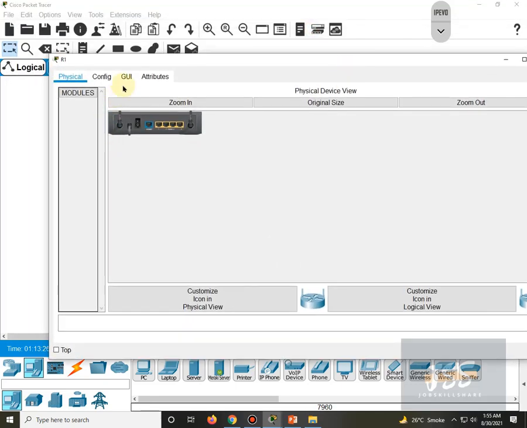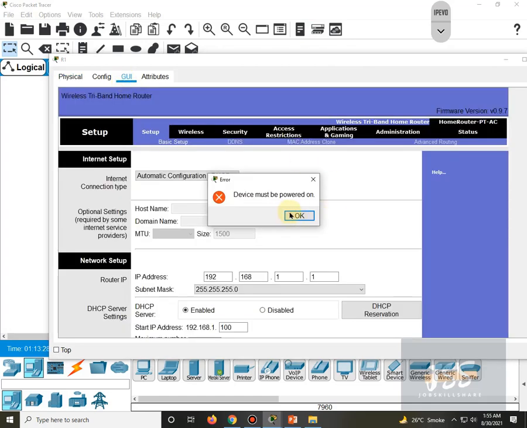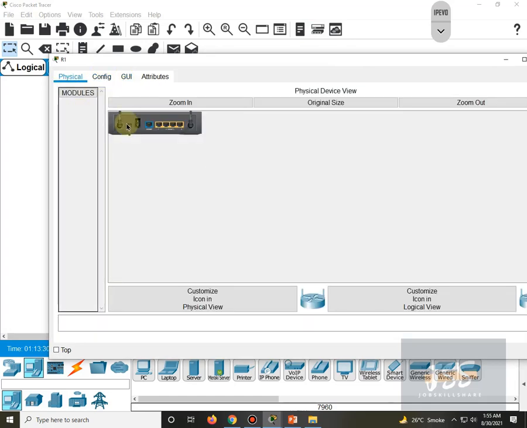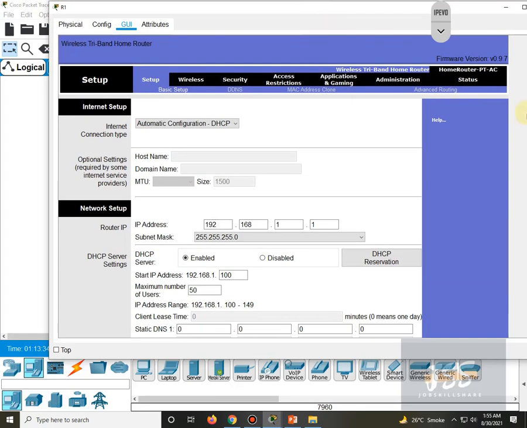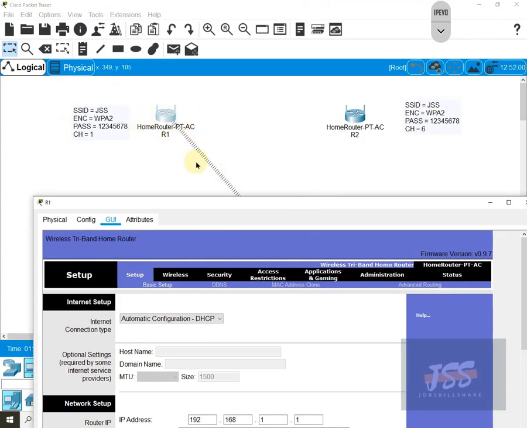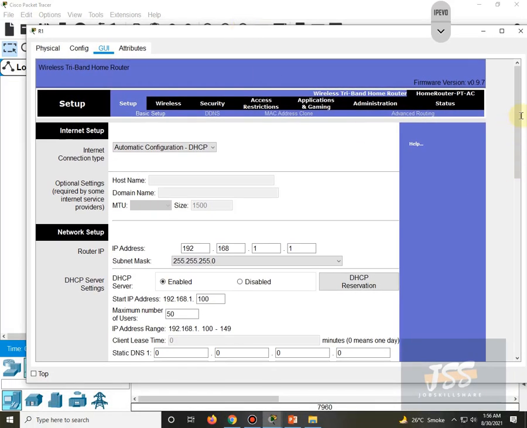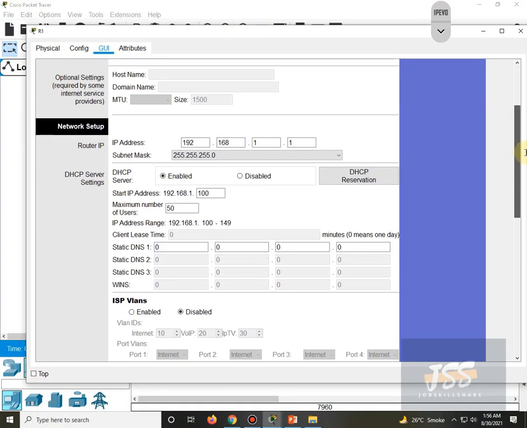So you need to go inside the GUI. As you can see, it needs to be powered on. So power it on and go into the GUI. Under Setup, the basic setting, you see automatic configuration for the DHCP, and we know that this access point will work as the DHCP as well. So you can see it is using